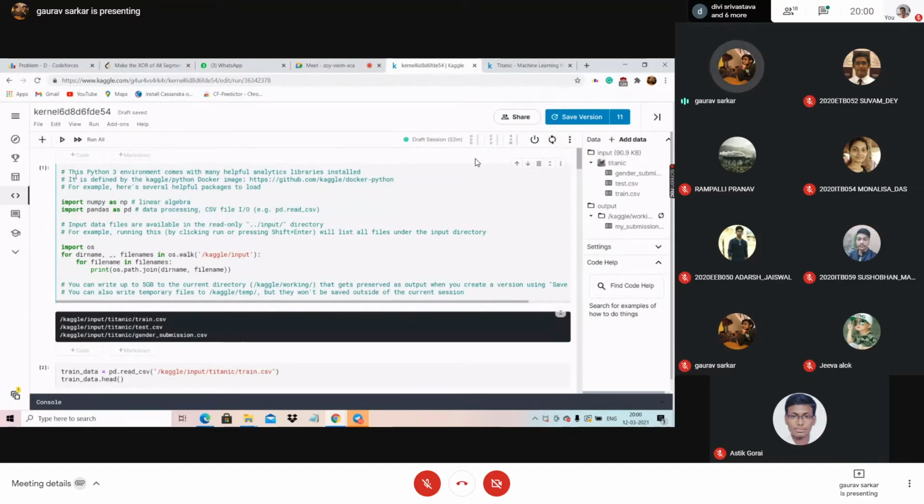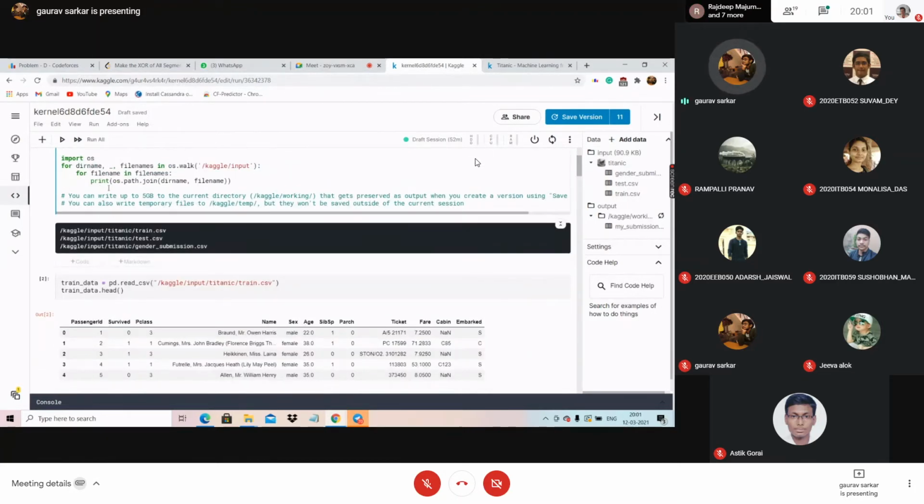And what I mean by interactive is, after all the code blocks, there is an output section. In the command line, you write a whole code, and for that you get a single line answer at the end. But in this case, because it's interactive, you run a block, you wrote a few lines of code, and then you run it. Then you get this answer: your dataset has been loaded successfully.